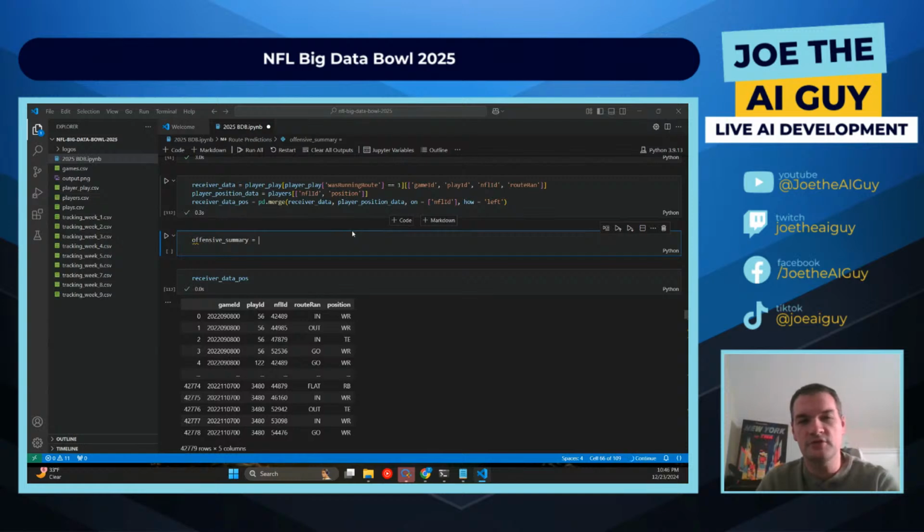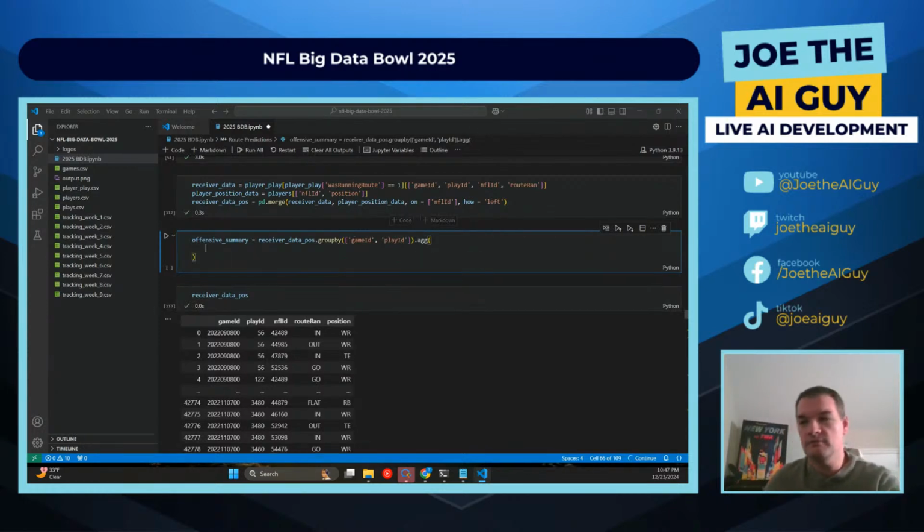What I want to do is I'm trying to group the receiver data, but what I want to know, and this is where I feel like it can get a little bit messy, I want to know